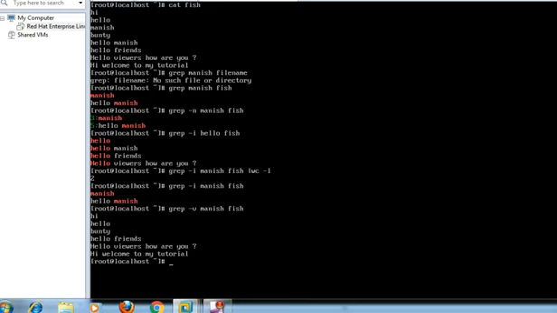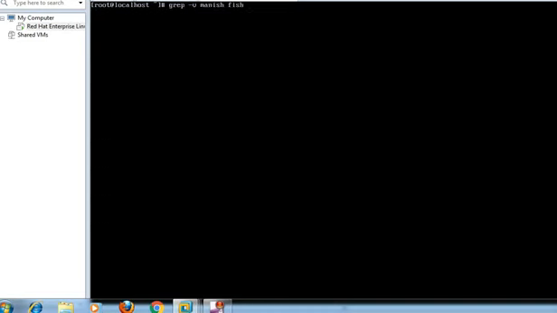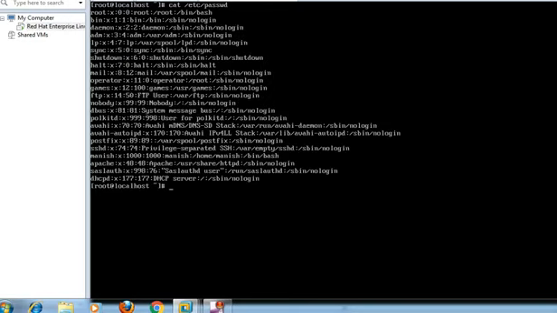Now let me show you a real-time example of using this grep command. Let me first clear the screen. Okay. Now friends, let me first tell you what this file is. It is the password file. Whenever a user is created, its details go into this file. These are the contents of the file, where you can see that there are several colons, and it is a big line that contains some details of a user.